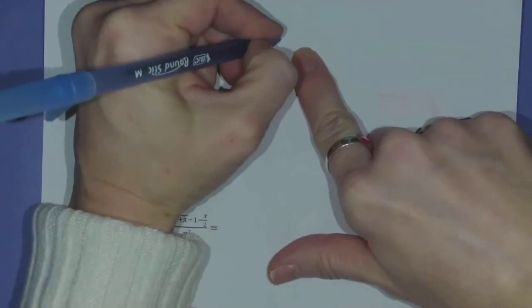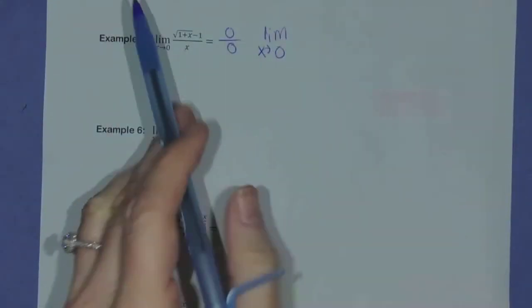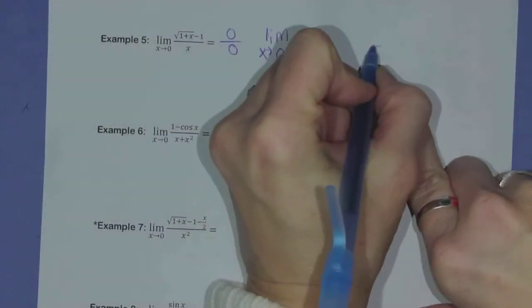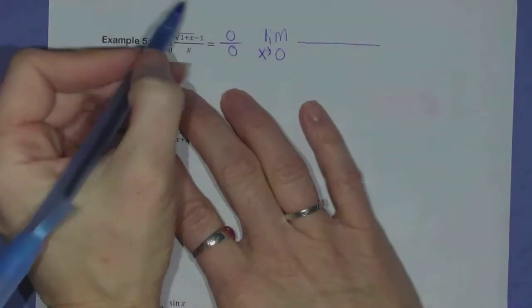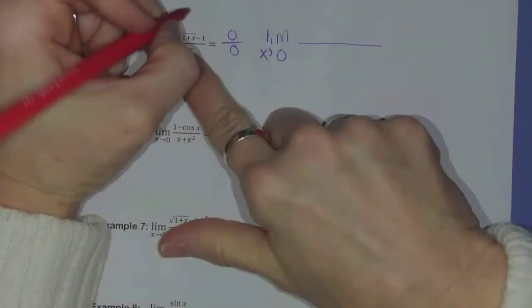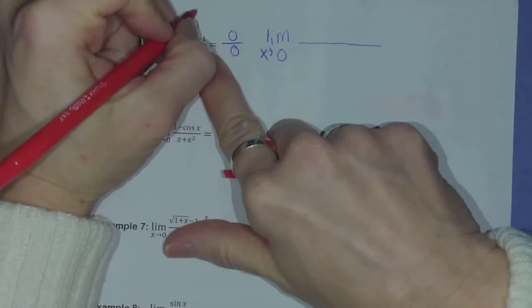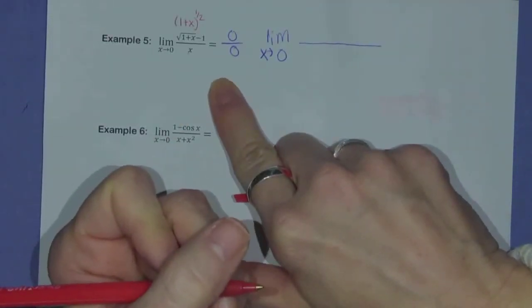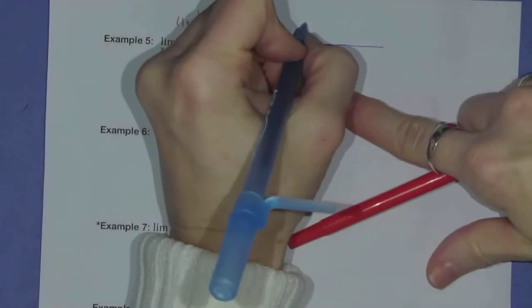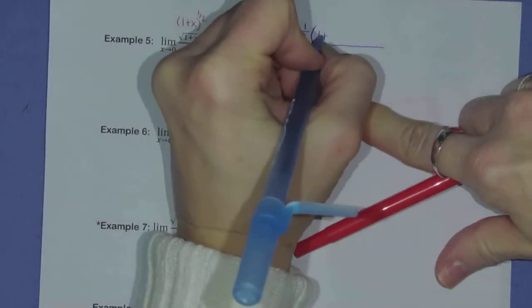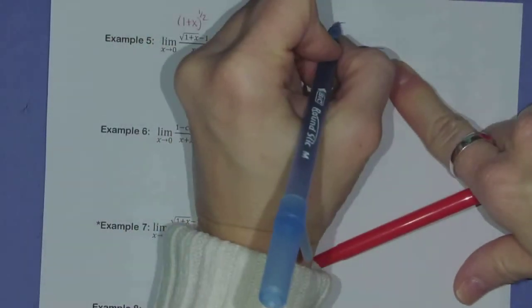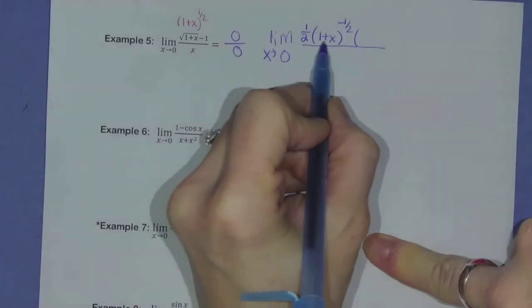So L'Hopital's rule says the limit will be equal to the limit of the derivative of the top over the derivative of the bottom. So let's get going. The derivative of the top. Well, the square root of 1 plus x, I'm actually going to rewrite that as 1 plus x to the 1/2 power so that I can use the chain rule. So using the chain rule, I'd bring the 1/2 down to the front, rewrite my inside, 1 plus x, drop this exponent by 1, so 1/2 minus 2/2 is -1/2, and then multiply by the derivative of the inside here,